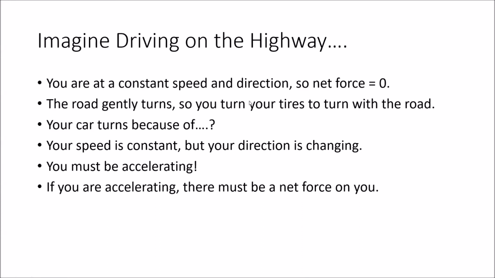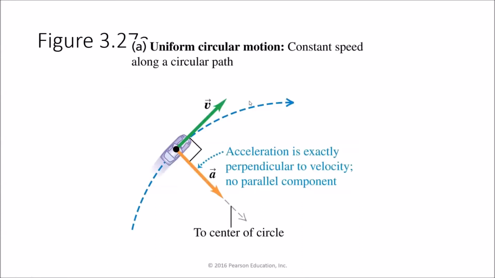Here's a diagram of what I'm trying to explain. You've got a velocity forward, but you want to change the velocity to be tilted. So as you go around the circle, 1 second later, you're going to have the velocity be a little bit more tilted in the downward direction-ish. And so you have to have an acceleration to give you that. You have to have an acceleration changing the direction of your velocity. Not the amount of your velocity, just its direction, so that the velocity points in a different direction later on.